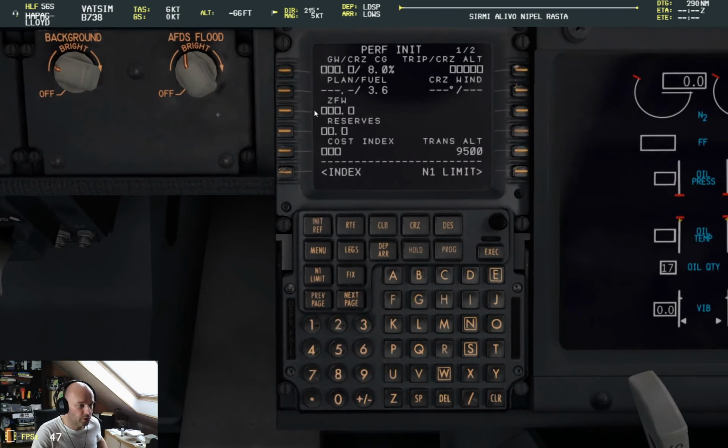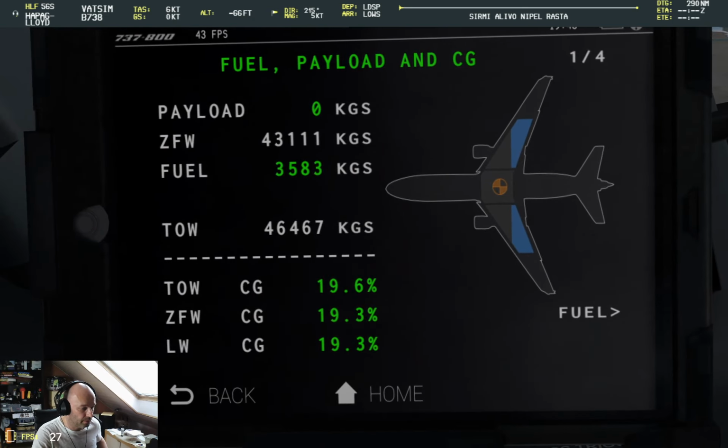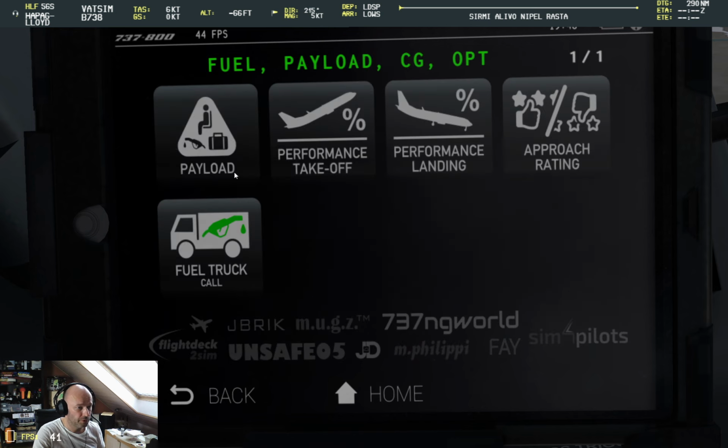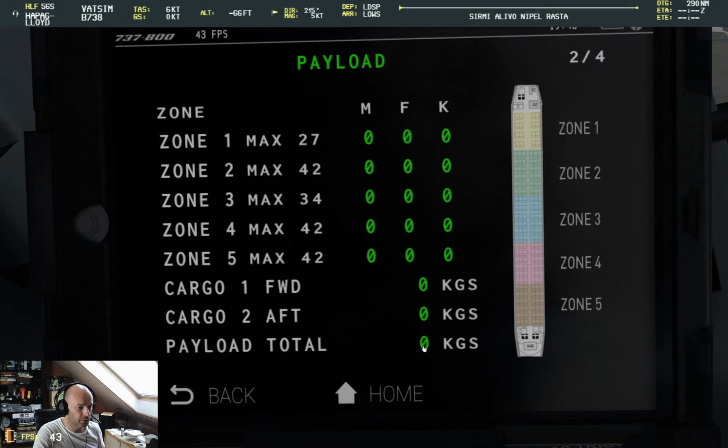I have started programming the FMS, but I still need my load sheet. Let's try to do it the following way. Oh yeah, you can't see it. Doesn't matter. I don't want to waste time now converting it to a file and starting SimToolkitPro. So we have payload 10.4 and fuel 6.5. So let's start with the fuel 6.5, request the fuel truck, and the payload's 10.4, total payload